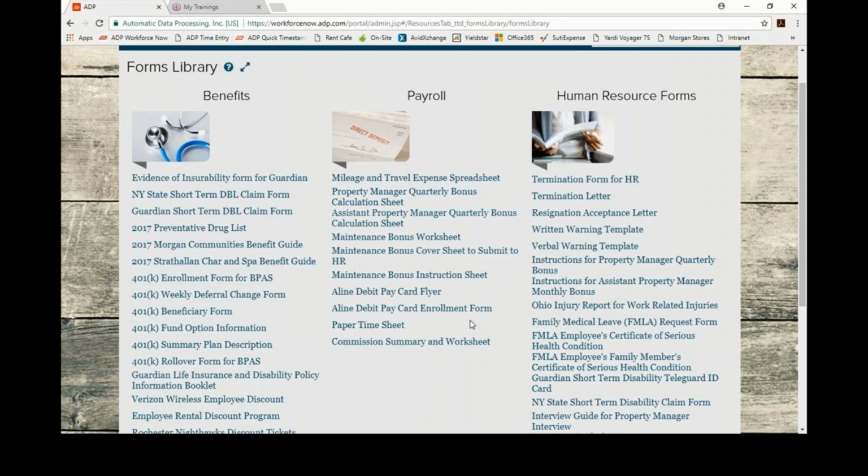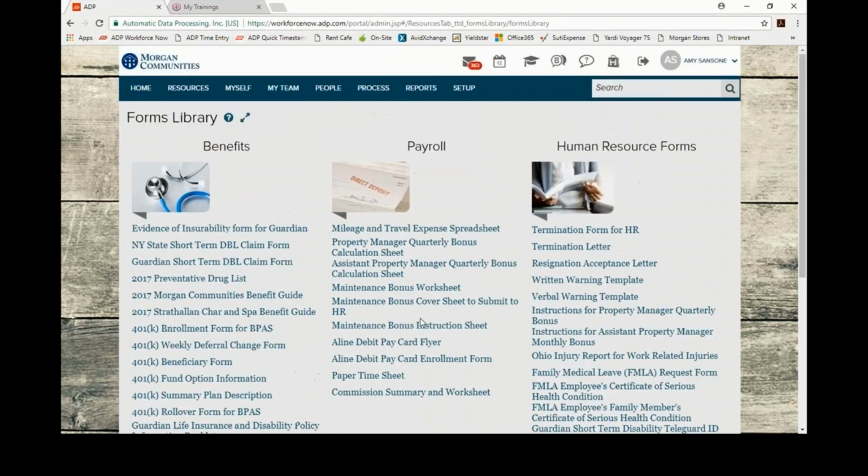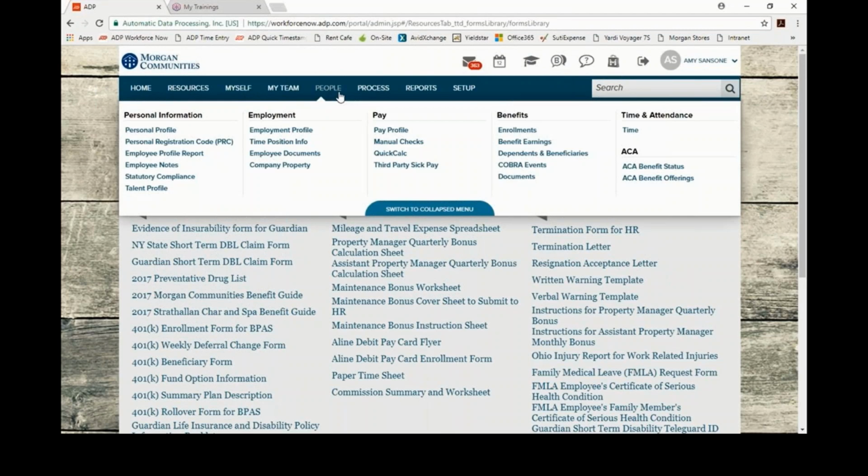So now we're going to go right into finding the employee that we want to enroll and then going over to their benefits. So the example I'm going to use, the employee's name is Patrick Cooper, and in this particular example, his benefit eligibility date is October 16th. When you guys are doing this, you'll be doing it for open enrollment, so you'll be selecting the January 1st,